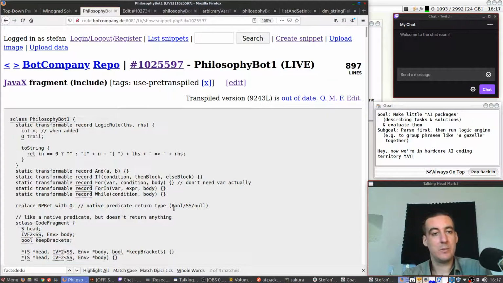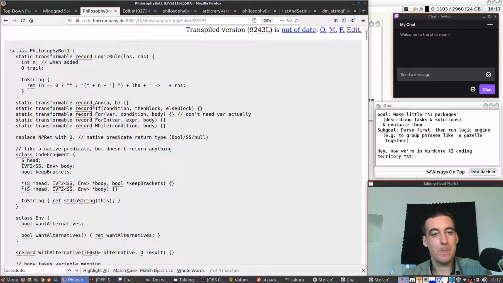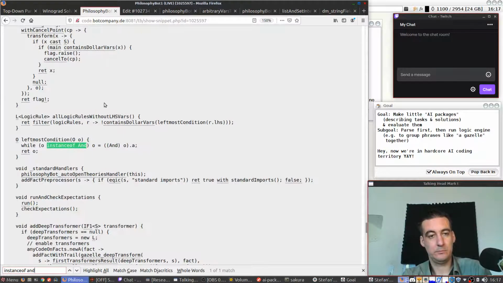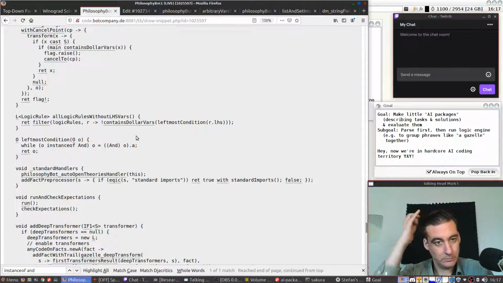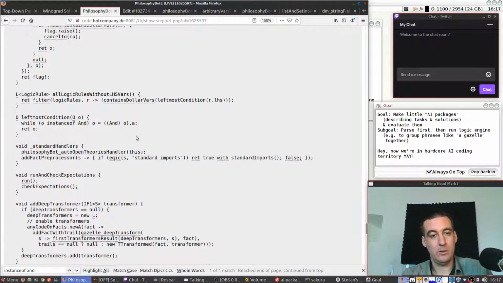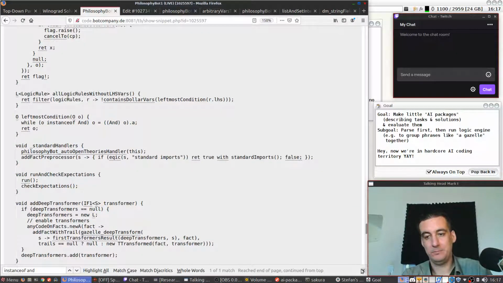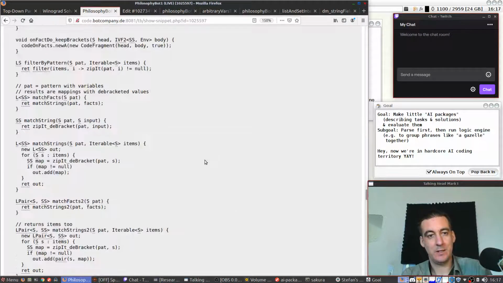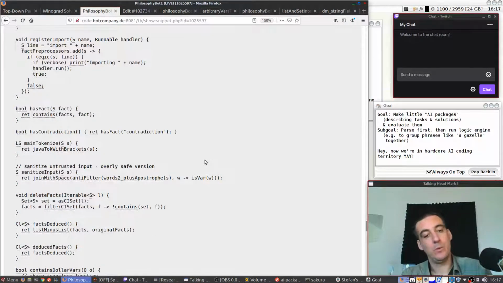Left-hand side can be a string, or it's of the type and. Or